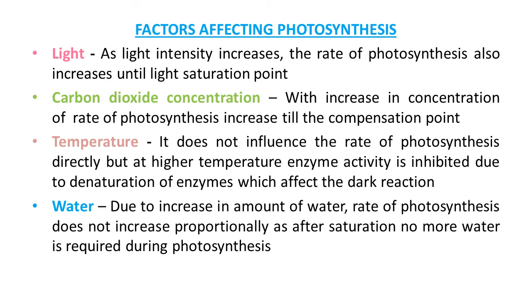Fourth factor, that is water. Water is one of the reactants in the light reaction. As we know very well, the effect of water as a factor is more through its effect on the plant rather than directly on the photosynthesis process. Water stress causes the stomata to close, hence reducing the CO2 availability. Besides, water stress also makes leaves wilt, thus reducing the surface area of the leaves and their metabolic activity also. This way water can affect the process of photosynthesis.